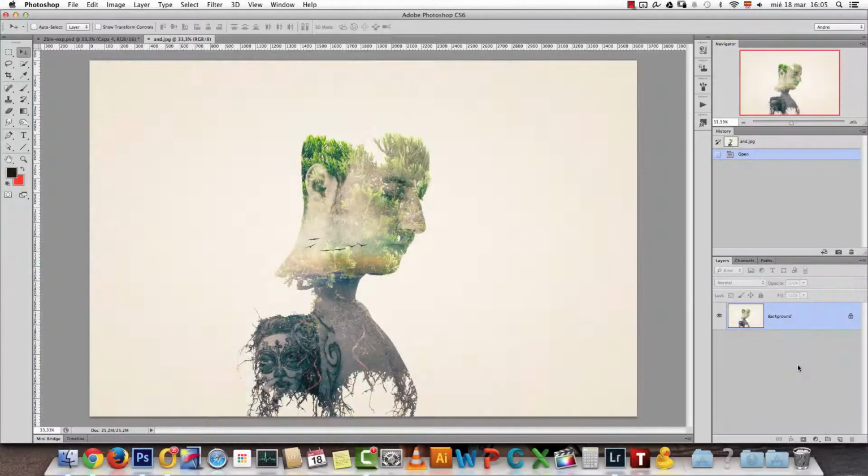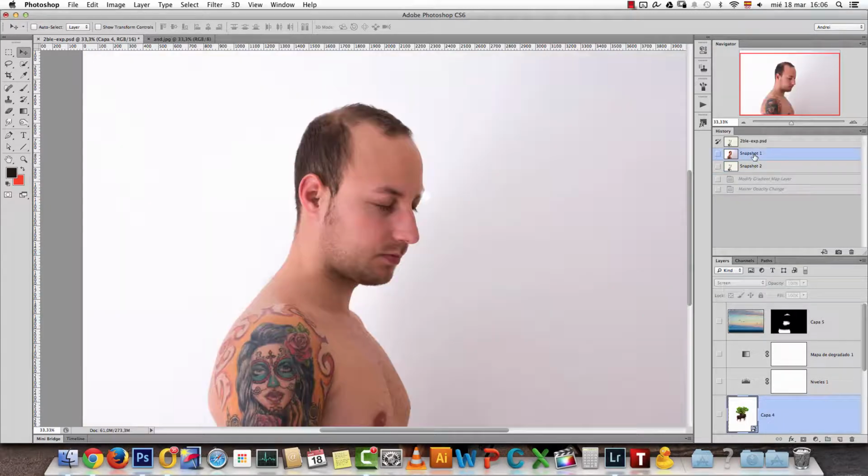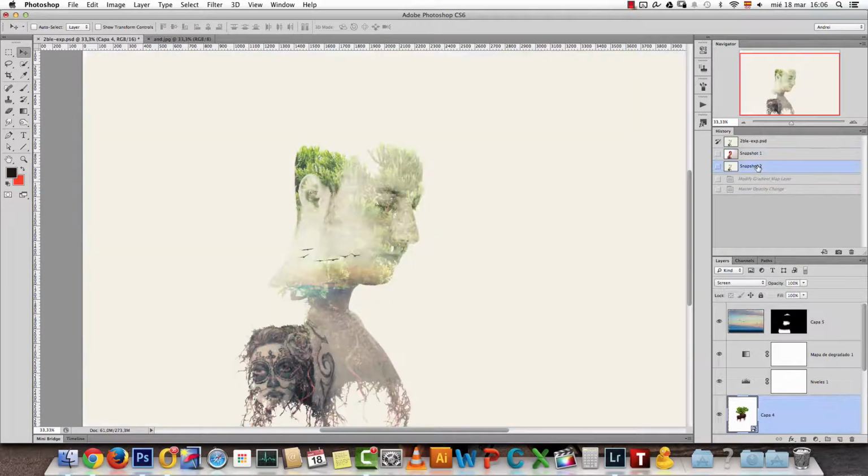Hello good people, I'm Andrei, and in this Photoshop lesson I will show you how I made this double exposure effect in Photoshop. I used just 3 images and this is the final result in Photoshop. Then I just made a few more edits to affect the contrast, but this was the original image and this is the final effect. So grab the images from the resources folder and let's get started.